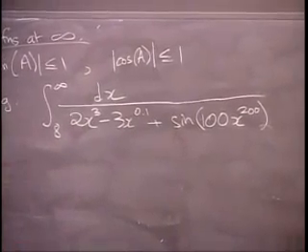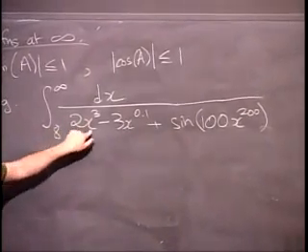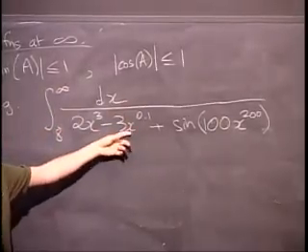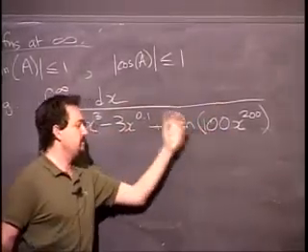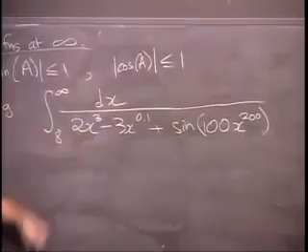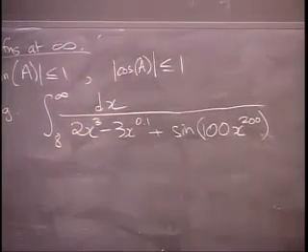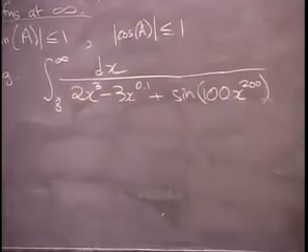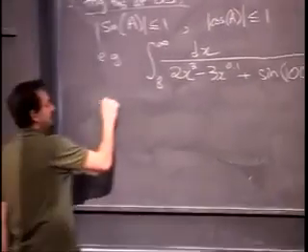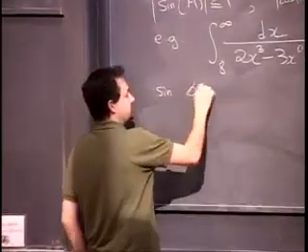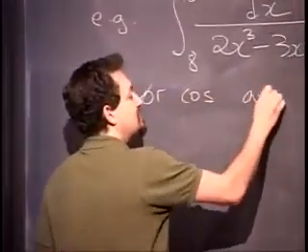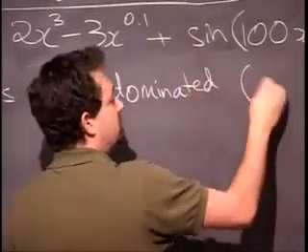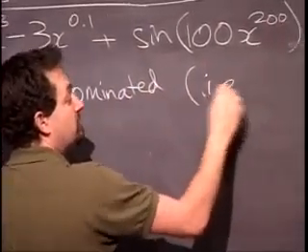So imagine plugging in 8. 2x cubed is 2 times 8 cubed. That's already pretty big. 8 to the point 1 is not big. And sine of anything is between minus 1 and 1. So the dominant term is still going to be 2x cubed. So in fact, the modification to what we had before is that sine or cosine are dominated, i.e. count as a lower power